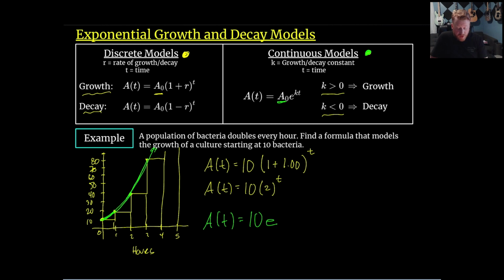Now what is a little bit weirder here is finding these growth constants, because it doesn't necessarily always come straight from the problem or from things that we're told, and we need to compute what the value is. For right now, I'll just tell you that the growth constant here is going to be the natural log of 2, and then we multiply that by t when we're done. And we'll see something like this in a little bit as well, but maybe to just further convince you that these say the same thing, that those are equal to each other, let me remind